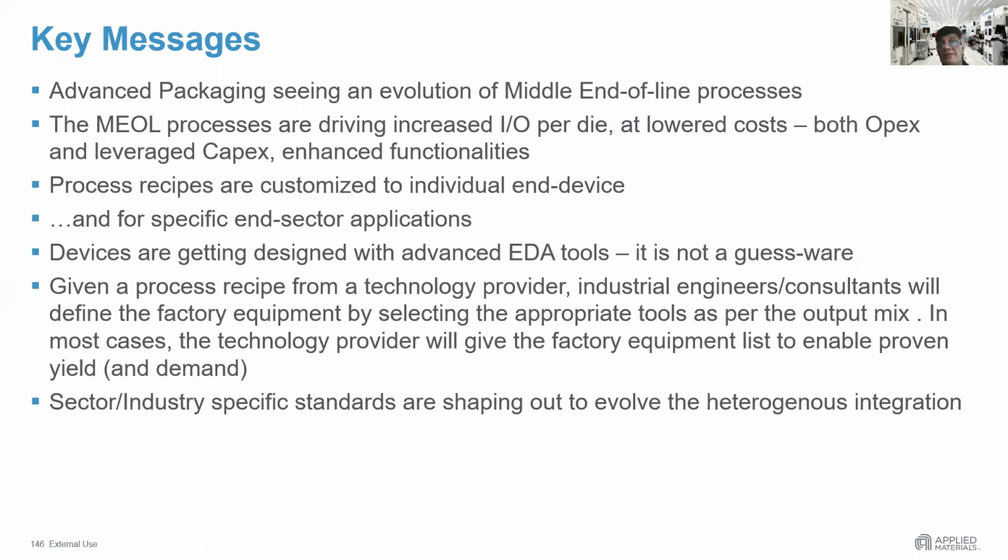They are designed with advanced EDA tools. It's not guesswork. You are given a process recipe from a technology provider, and with that process technology, an industrial consultant will define the factory equipment by selecting appropriate tools as per output mix. In most cases, the technology provider will give the factory equipment list to enable proven yield. A lot of this is not available on open markets